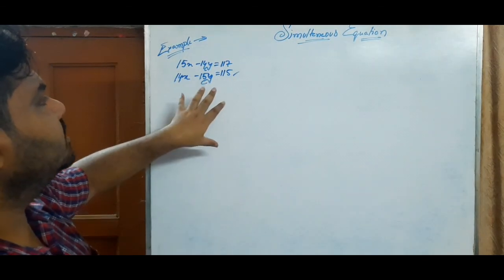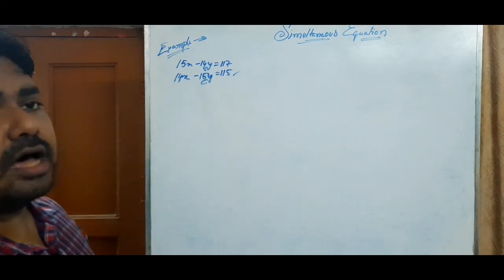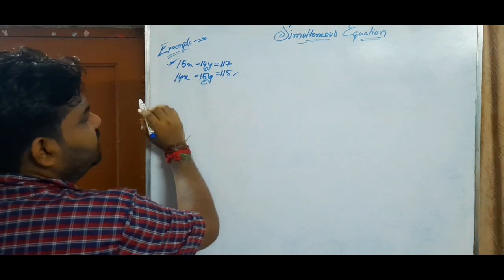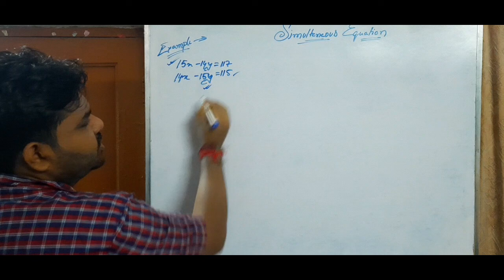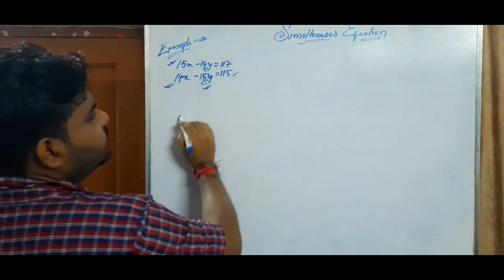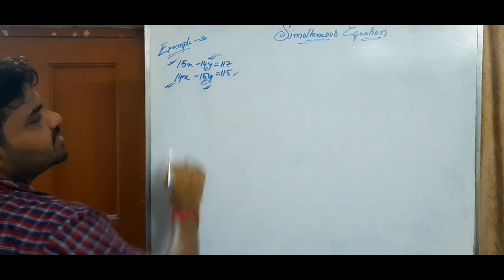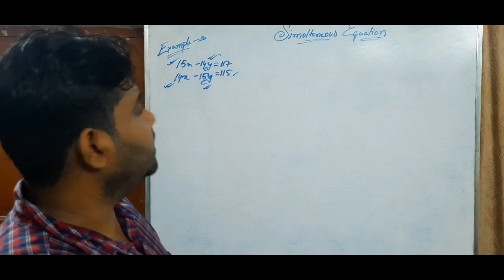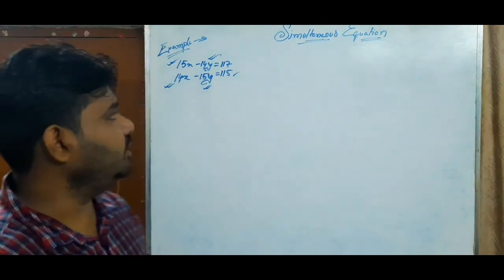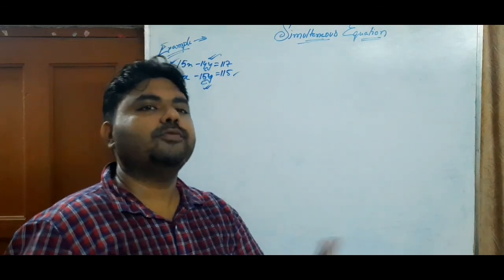But it is hectic. So in this type of equation where the coefficients are interchanged, just see, the coefficient of x in first equation is 15 and the coefficient of y in the second equation is 15. The coefficient of x in second equation is 14, whereas the coefficient of y in the first equation is 14. Therefore the coefficients are interchanged in both the equations. In this type of equation we will apply a small trick. What is the trick? At first we will add the two equations, then we will subtract the two equations.